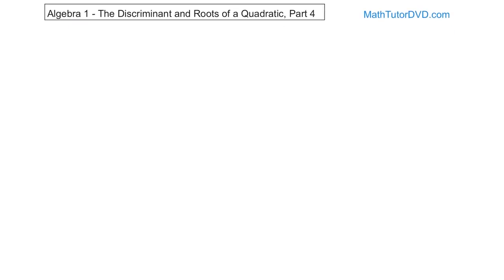Okay, we'll do one more. Let's say that f of x, the function, is equal to x squared minus 3x plus 4. We want to figure out what the discriminant is and how many roots we have, how many crossings we have here. So we go and calculate. The discriminant is b squared minus 4 times a times c. b in this case is negative